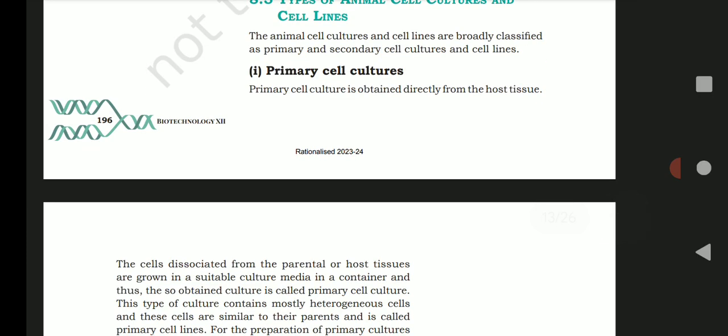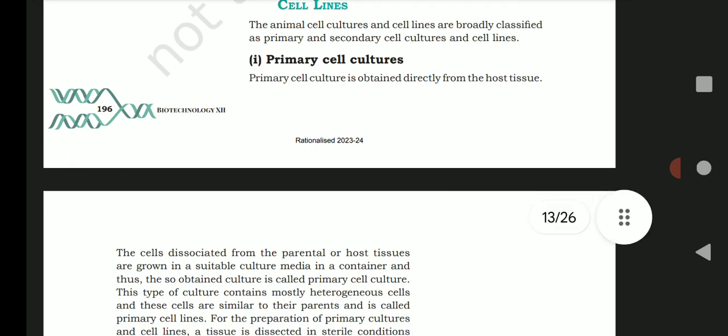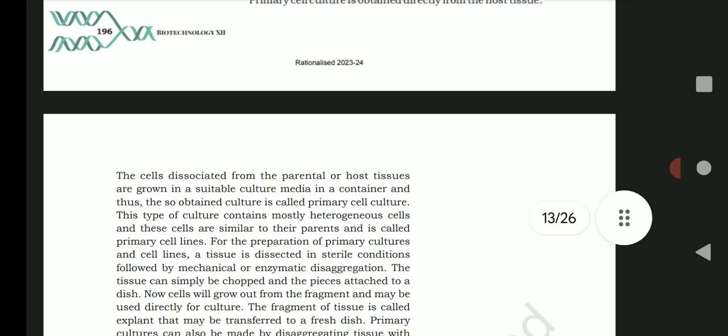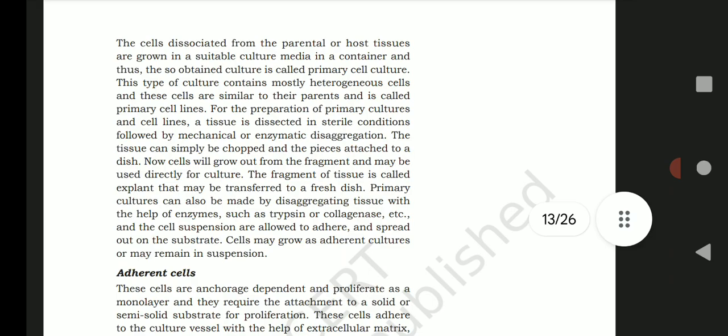The parental tissue normally has adjacent cells connected by connective elements. Those connective elements are in turn degraded. What are all the connective elements which are found in the system? Normally it's trypsin or collagenase, the enzymes that are used to degrade or disaggregate individual cells from the